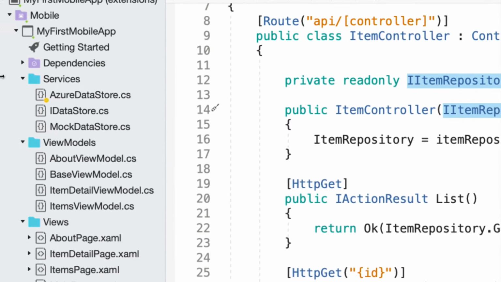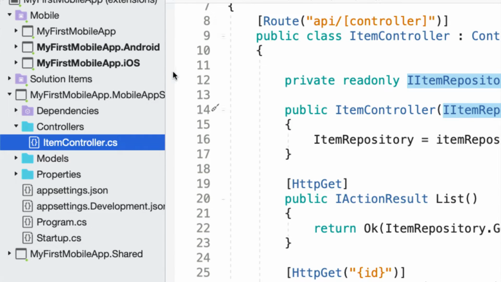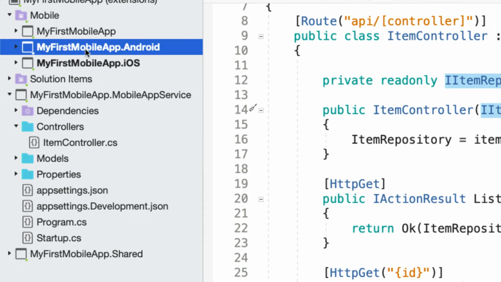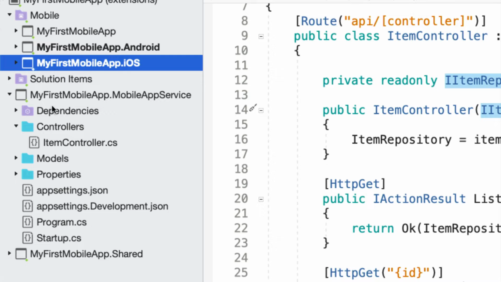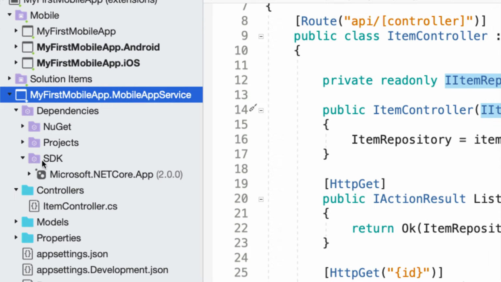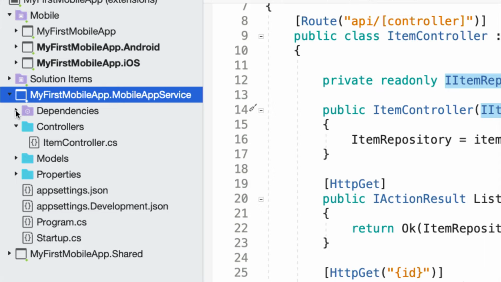And what I'm going to do is show you the structure of my app, okay? What we have here, out of the box, is an Android application, an iOS application, and right here an ASP.NET Core application. You can see I'm still on 2.0 because that's what I'm on, but 2.1, 2.2, that's okay. And what's nice here is that this is just an ASP.NET Core application.